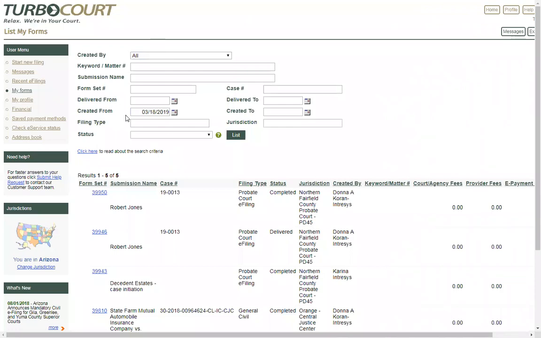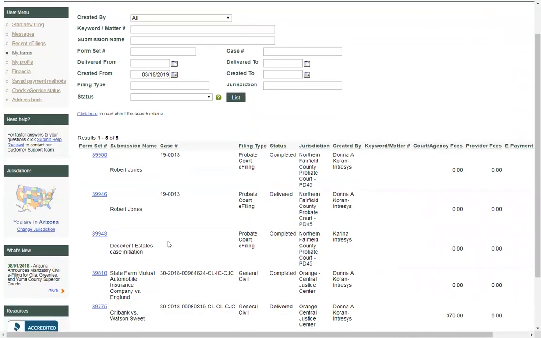By default, we'll automatically put in a date that's 30 days back from today's date. So you're automatically going to be looking at 30 days worth of filings for the entire firm. Okay? So each one of these rows represents a unique filing, a unique what we call a form set. Okay? They may be on the same case, they could be on different cases, they could be filed by different